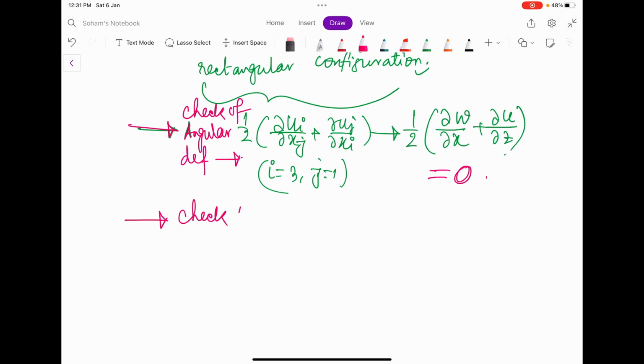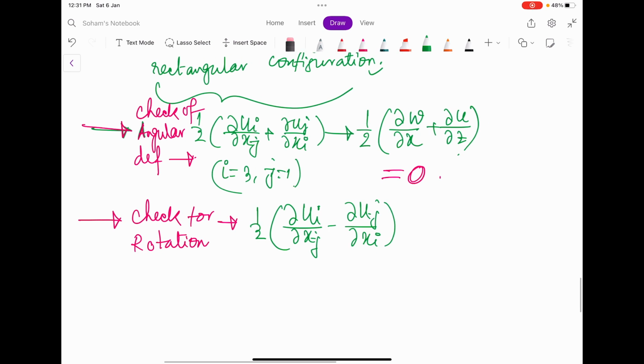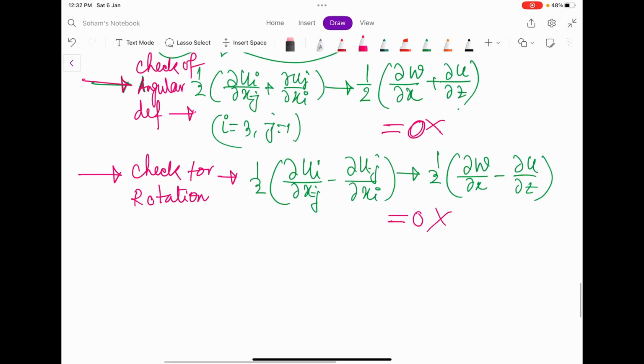And now this is check for rotation. So check for rotation will be similarly half into del ui del xj minus del uj del xi. Okay, so this minus this. If this is again 0, then there will be no rotation, and if this is not 0, then there will be some rotation. Again this is for i equal to 3, j equal to 1. Okay, now checking for